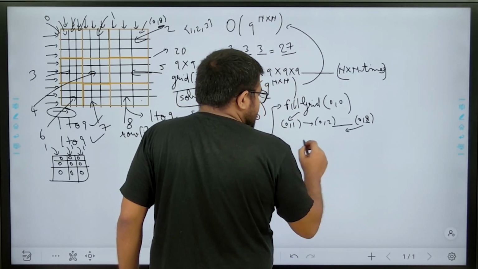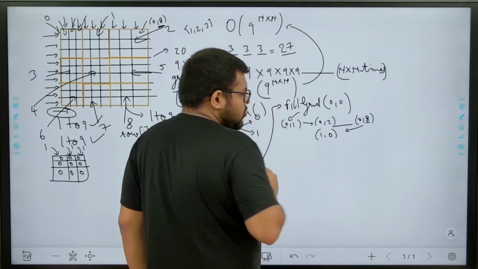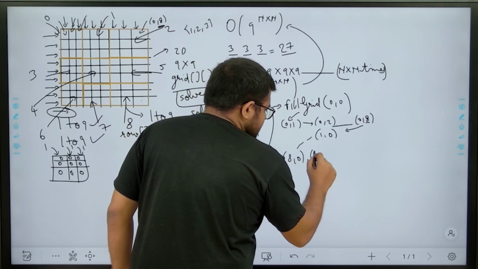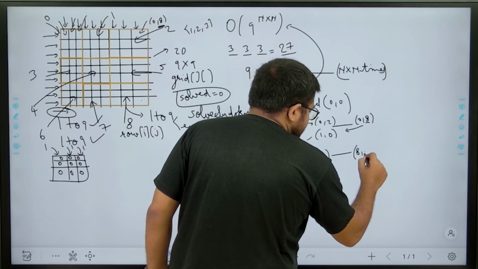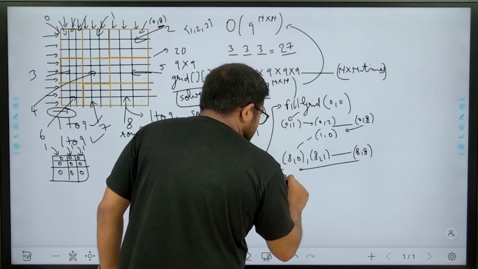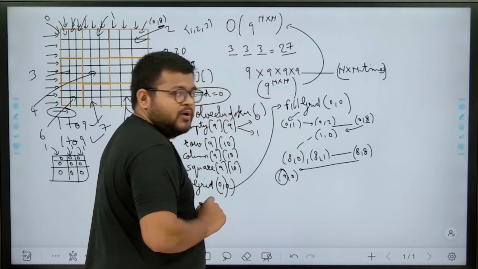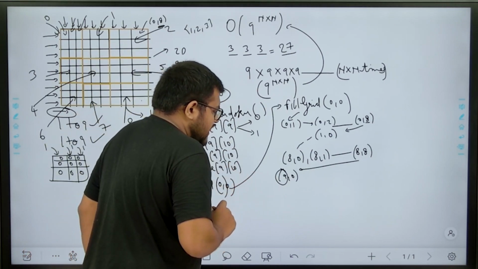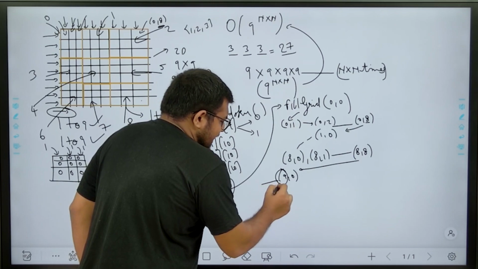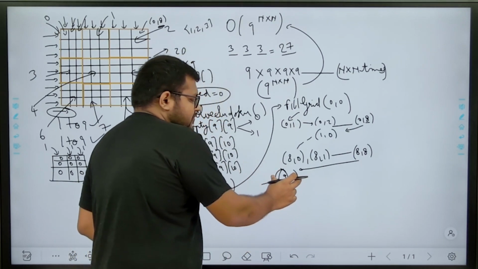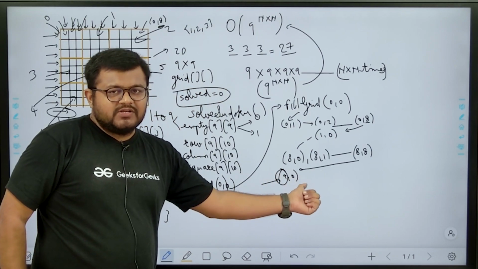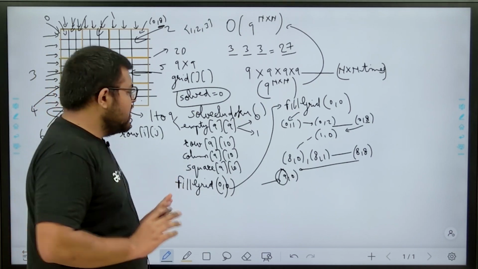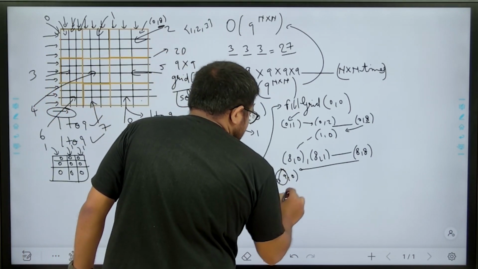Now I'll go to first row and 0th column. In this way finally I'll reach the 8th row and 0th column, then 8th row, first column, and then up till 8th row and 8th column. After this I'll reach 9th row and 0th column, but there is no 9th row index wise. There are a total of 9 rows indexed from 0 to 8. Since there is no 9th row, I know that if I have called fill grid with the 9th row and 0th column, it means that all these cells are filled with some numbers, right? So when I reach here, I'll call